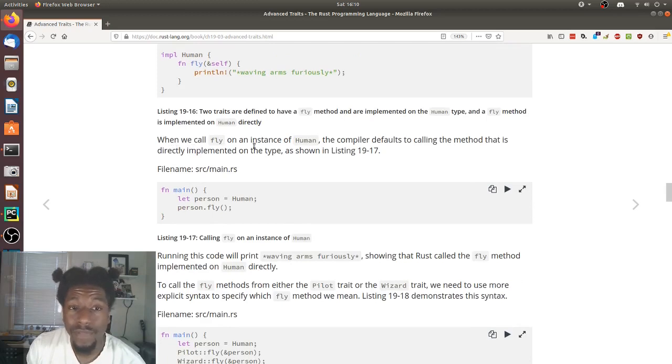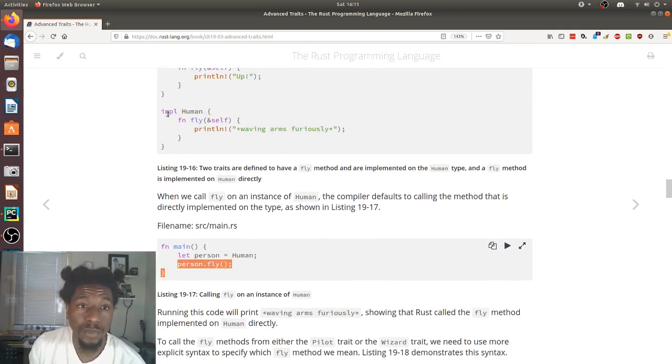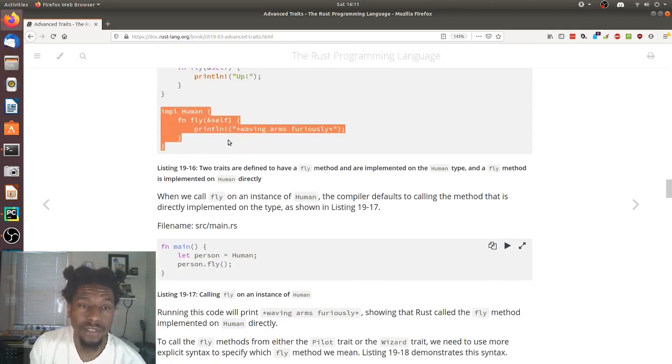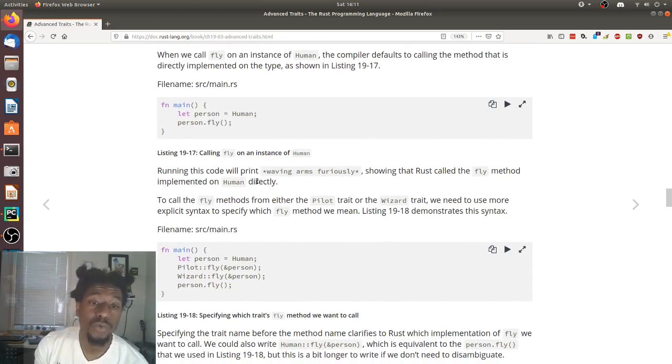When we call fly on an instance of human, the compiler defaults to calling the method that is directly implemented on the type, as shown in listing 19-7. Okay, so by default it calls the human one, because that's the type. We have a struct that is human, and that is the closest association in terms of the method called fly. That makes sense. Running this code will print waving arms furiously, showing that Rust called the fly method implemented on